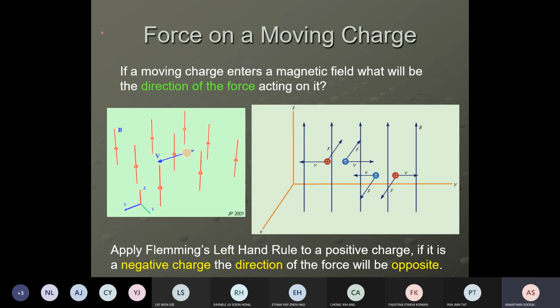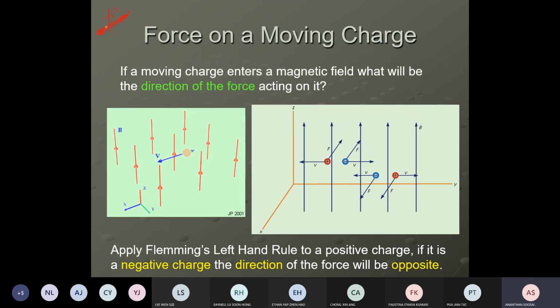So earlier we talked about a conductor that carries current experiencing force. Why does it experience force? Because the current is actually the rate of flow of charge. The electrons flow, so the electrons experience force due to the magnetic field because the electrons are inside the conductor. Therefore, the conductor experiences force. But actually the force is exerted on a charged particle. So that's why the definition of magnetic field is a region of space where a moving charged particle